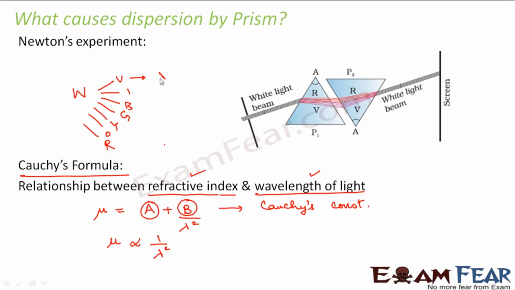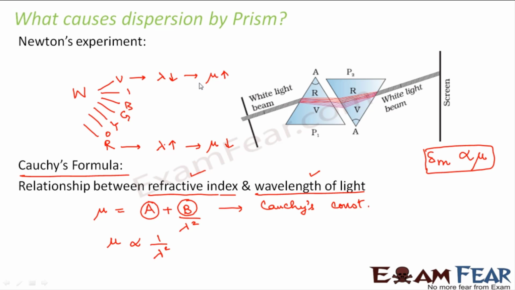Now if we talk about wavelength, the wavelength in case of violet light is minimum and the wavelength for red is maximum, right? Now according to Cauchy's formula, the light with minimum wavelength will have the maximum refractive index associated with it. That means the refractive index associated with violet light would be more, and the refractive index associated with the red light would be less, that is minimum. And again, there was another observation which told that the angle of deviation is directly proportional to the refractive index of the medium.